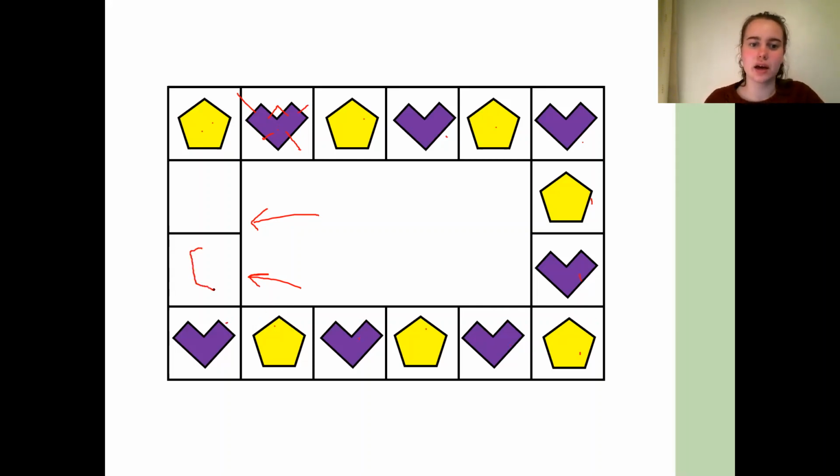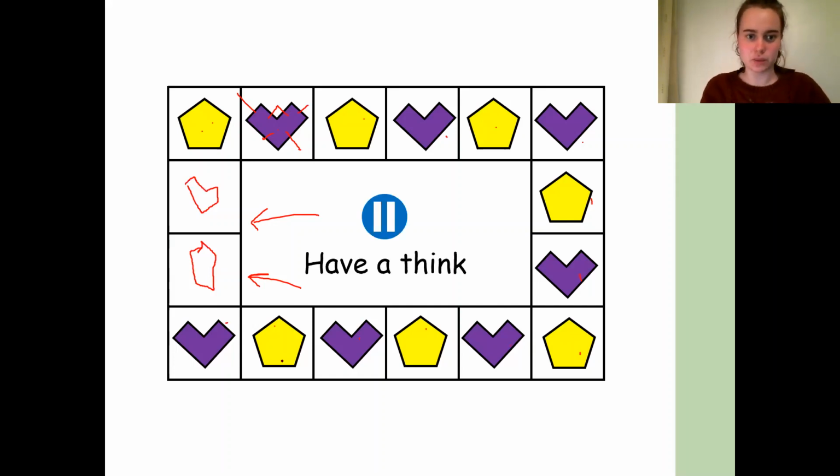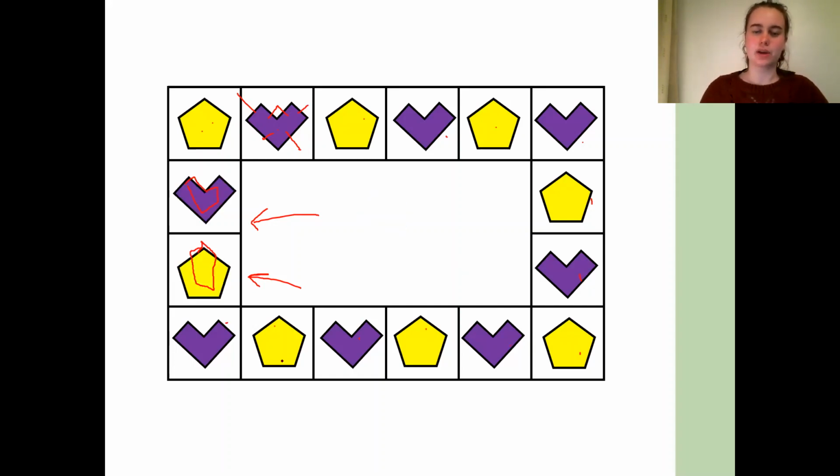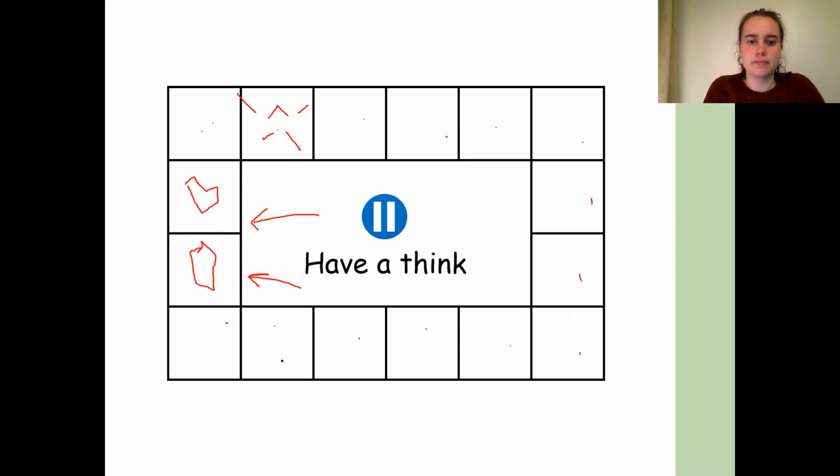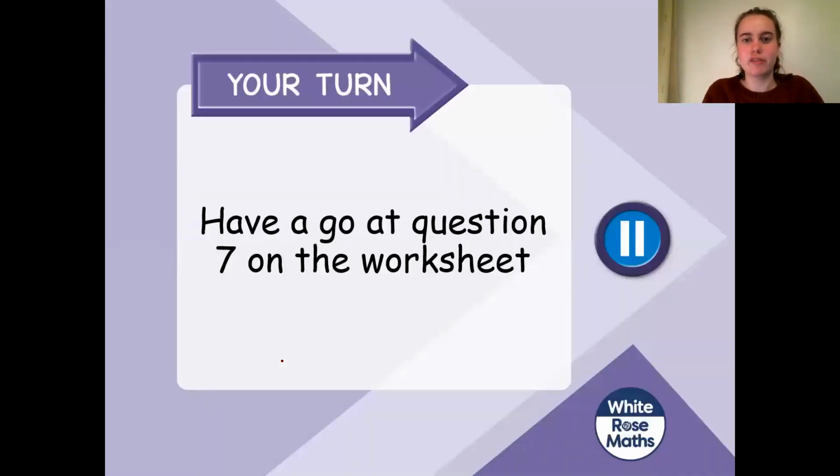It's going to be another funny looking pentagon and another hexagon. Hopefully it's going to put the shapes in so we can see. There we go. Another pentagon and hexagon. So we've seen patterns that go along in a straight line, but now we've also seen patterns that go round and continue going round. So you can have a go now at question